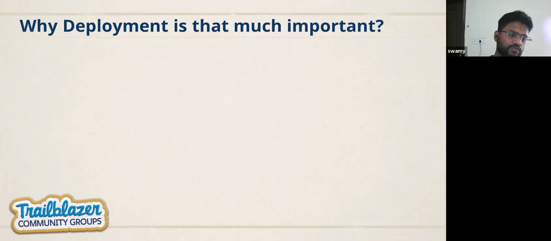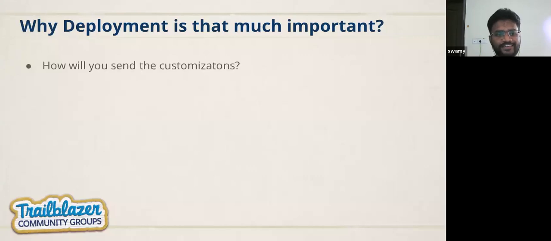We have to deploy our code from one environment to another so that the quality people can check it. After that, we have to give that customization to the customer so that the customer can test it thoroughly, and after that we have to put it in production, because coding directly in production is not a good idea, right?